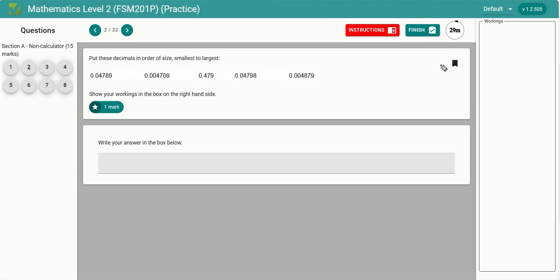Question number 2, put these decimals in order of size, smallest to largest. So I prefer to write them out in a column. It makes it much easier to compare. So